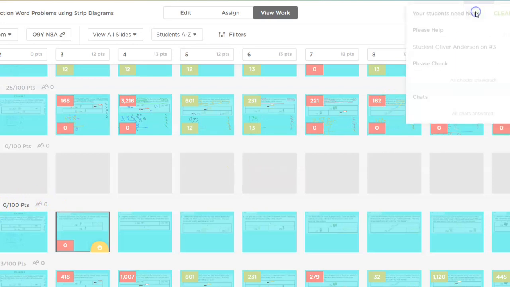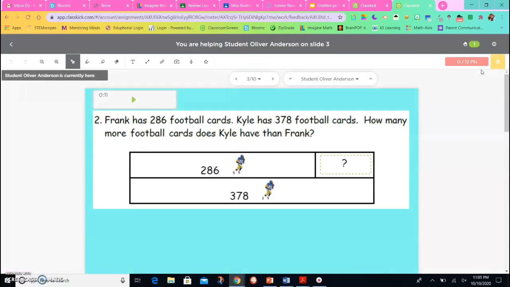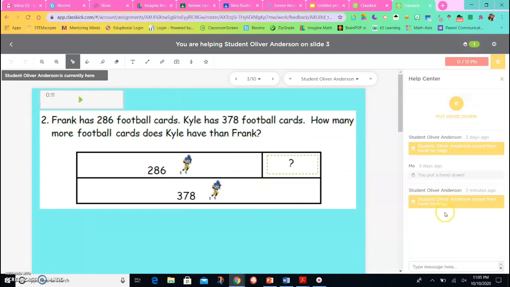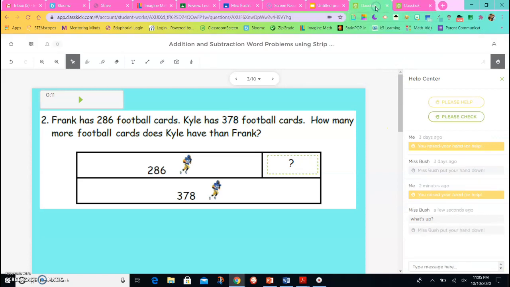I see the hand raise on my end. So right here, it says that they need help on slide 3. So now I'm here. It tells me that that student is currently here. And so I can sit here and we can have a conversation. So I can type, "What's up?" so that he knows that I'm here. And then if I go back to his screen, it says that I put his hand down and I'm here,